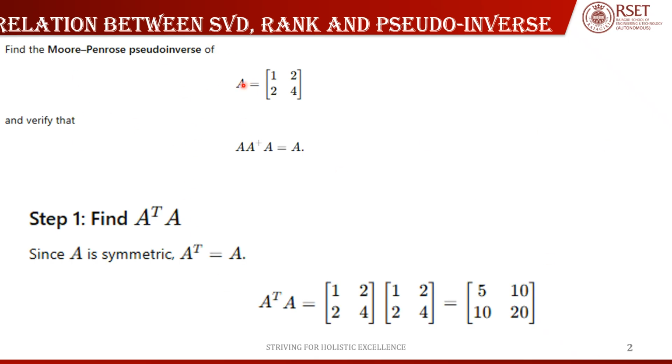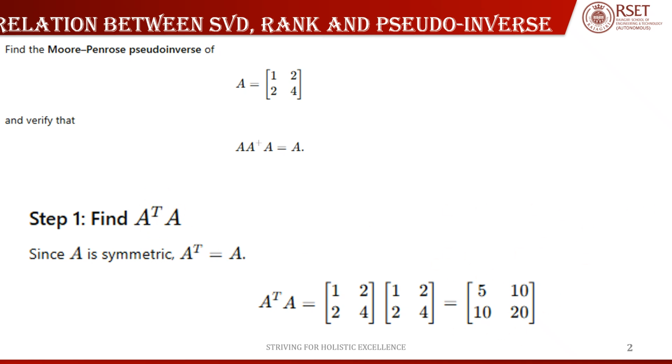So let's find the pseudo inverse of a 2 by 2 matrix. We are given 1, 2, 2, 4. And what do we need to find? We need to get U, V and sigma plus to get A plus. And also we need to verify that A plus A is equal to A. Okay, that will do. Now coming to what we do, we find A transpose A, and your A transpose